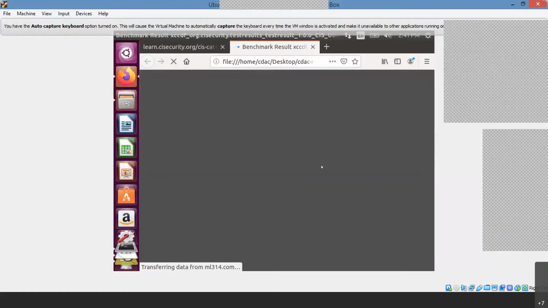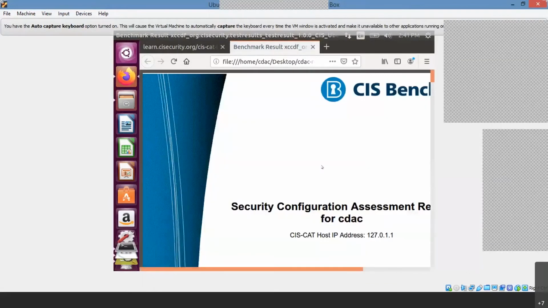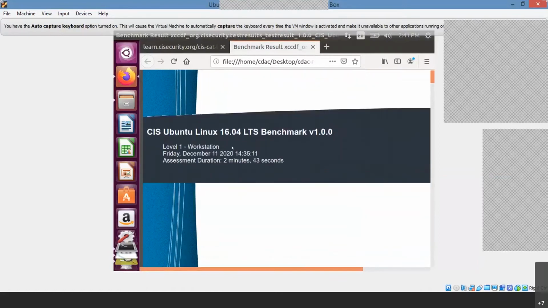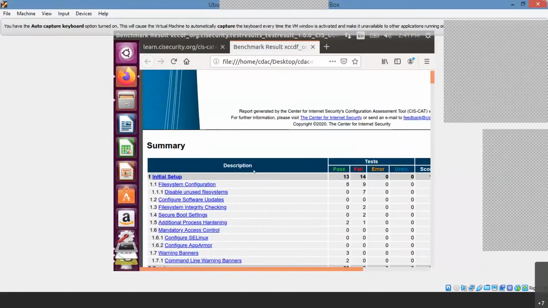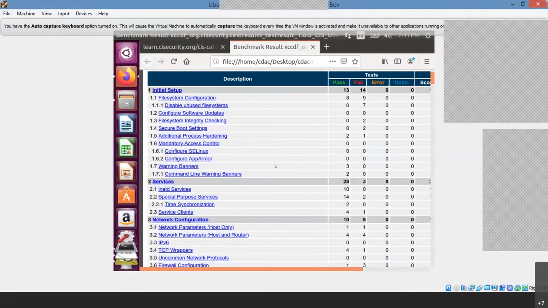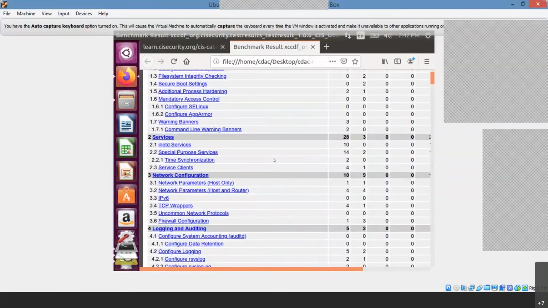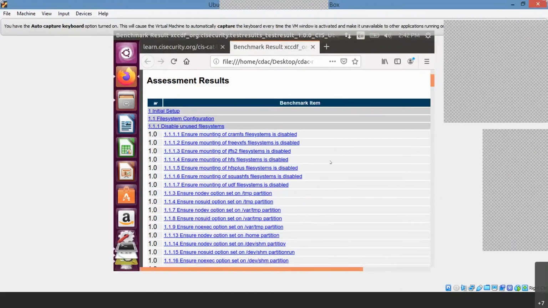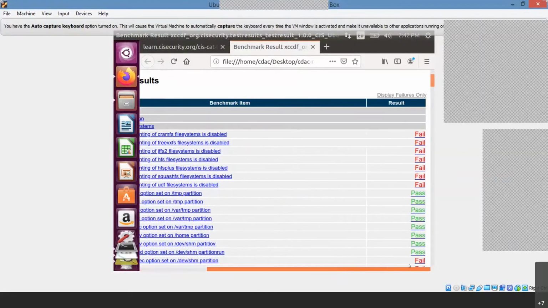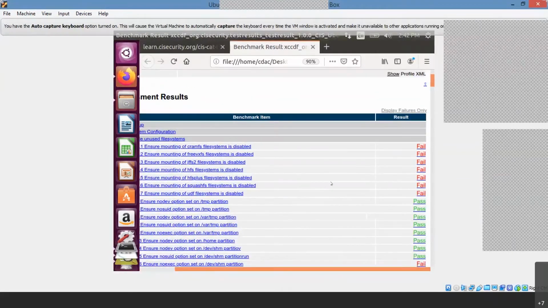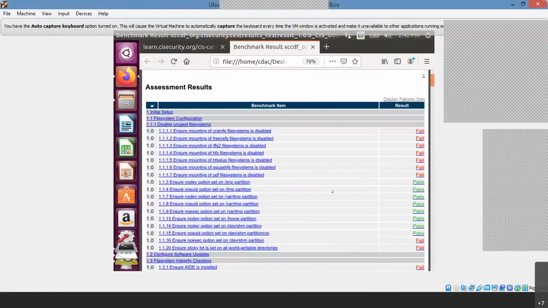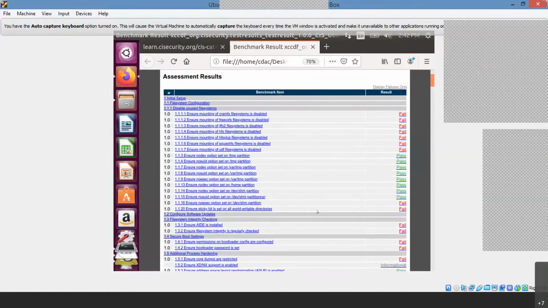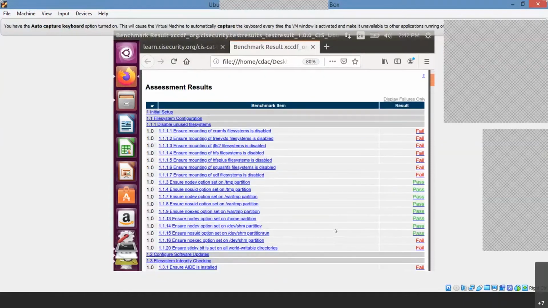Can you able to see my report, HTML report? So this is my report actually, 16.04. So here you can see my summary of what exactly has been passed and what exactly has been failed. Okay. So when you come down below, there is whether it is a pass or fail. So you can just see here. Just minimizing it for the time being so that you can see it properly. See here what exactly has been passed and what exactly has been failed. It has been given very clearly. So we have to focus on the fail parts only.